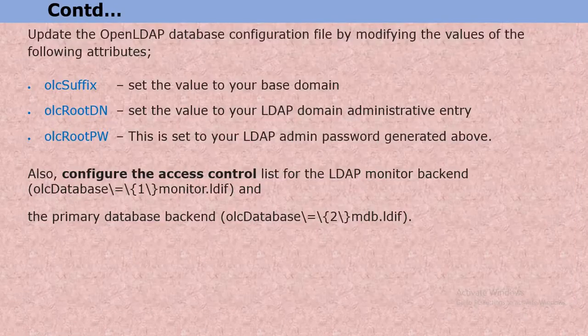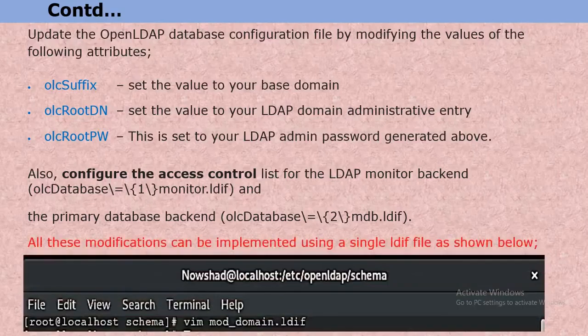As we know, we have two databases in LDAP, that is database 1 and 2. There we need to modify the values, olcSuffix, olcRootDN and olcRootPW. By doing that, all this modification can be implemented using a single LDIF file, as shown in the picture below. That is when you type vim modify-domain.ldif,